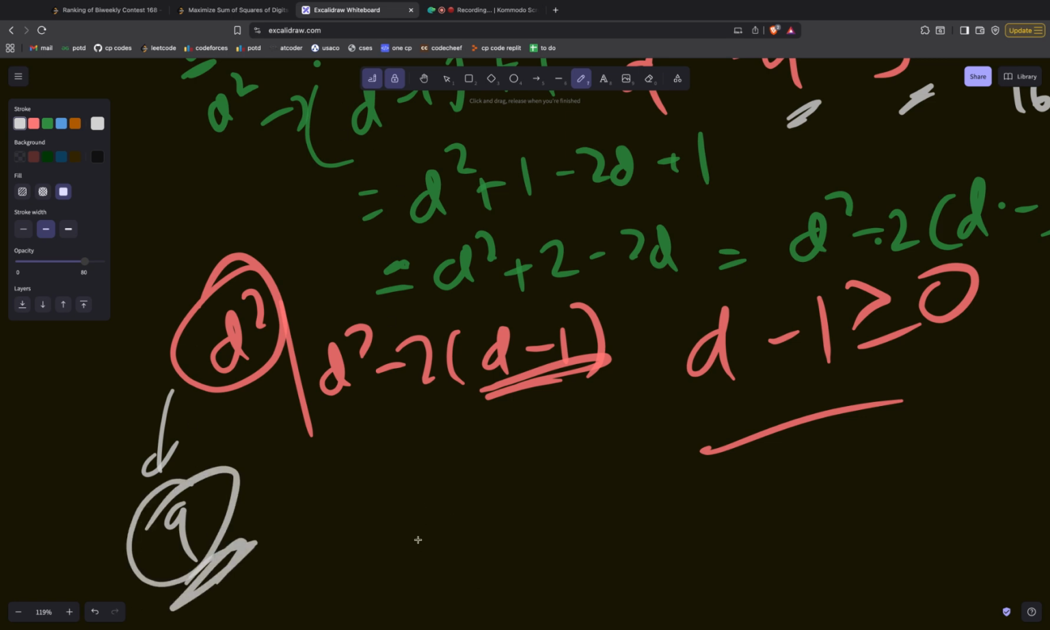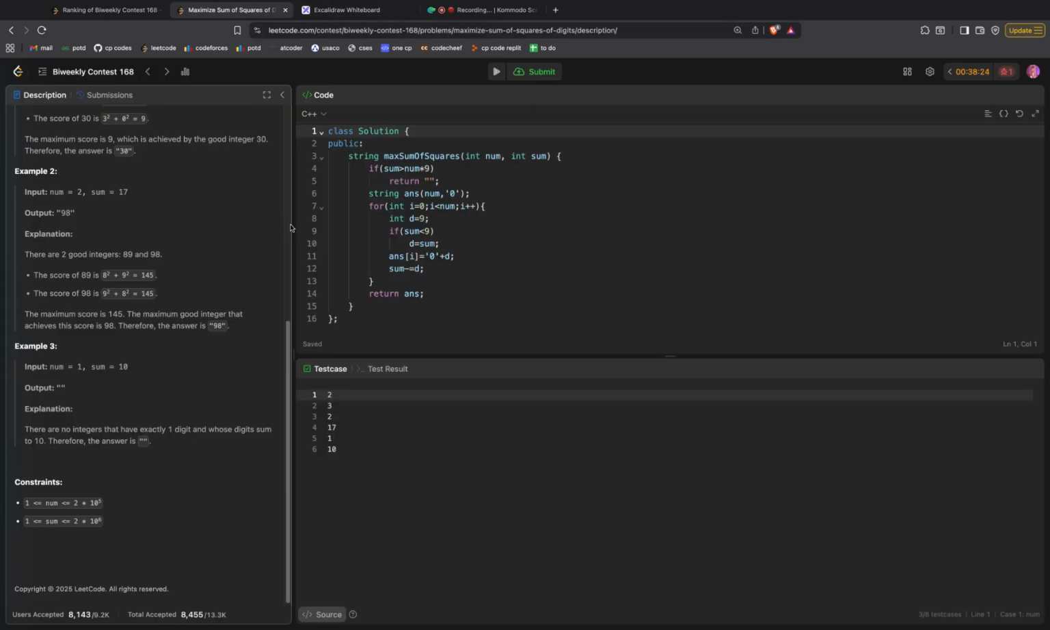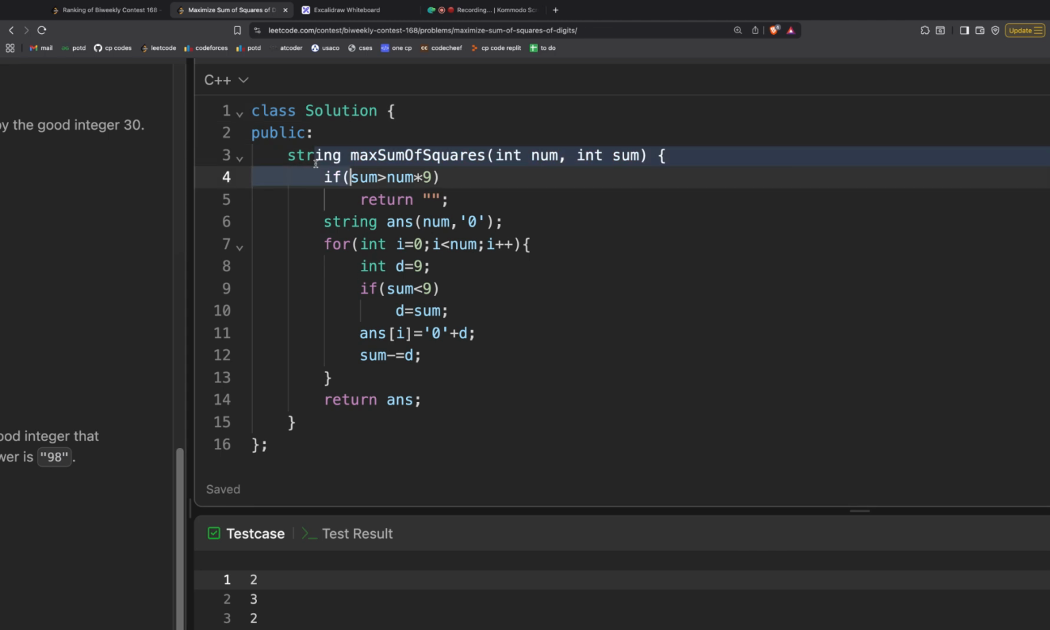So what you need to do is put as many nines as possible and then put the smaller values. And we can go over the code. It's a pretty simple code, as I said. The only case where the answer cannot exist, if sum is greater than num into 9, you should return just an empty string. Other than that, you can create an answer string of num, put all of these as 0,